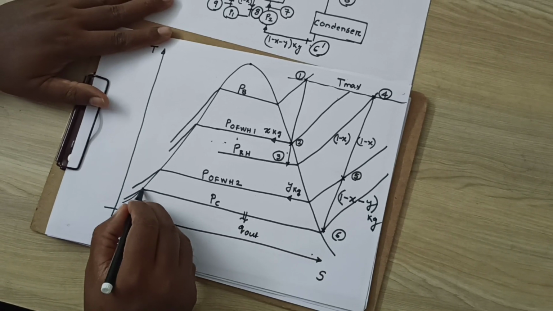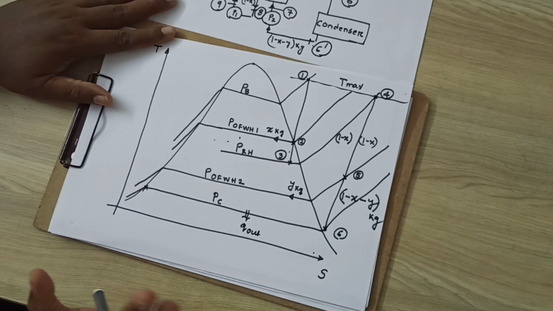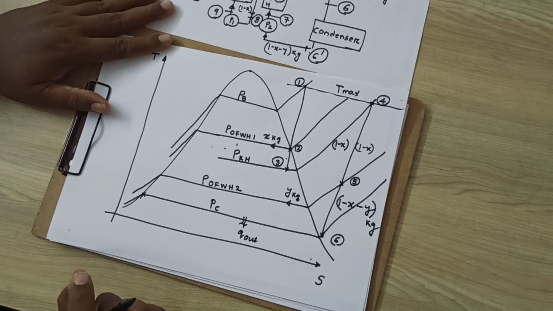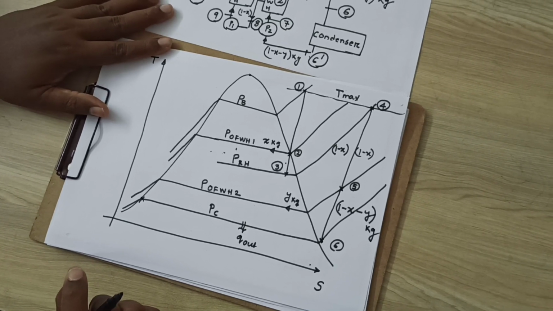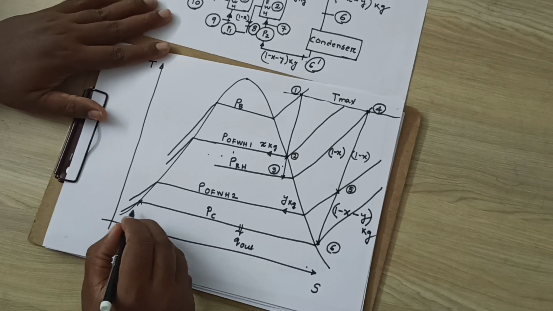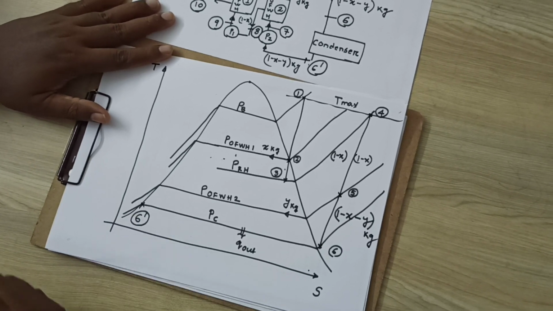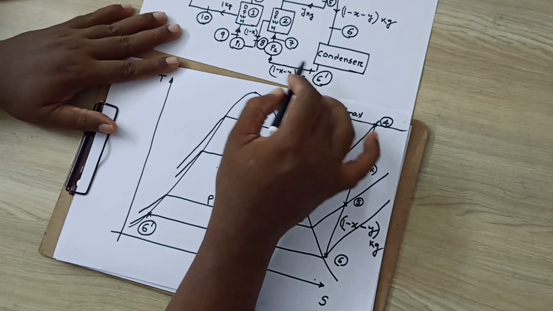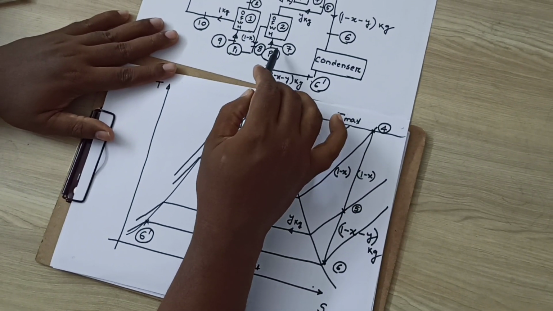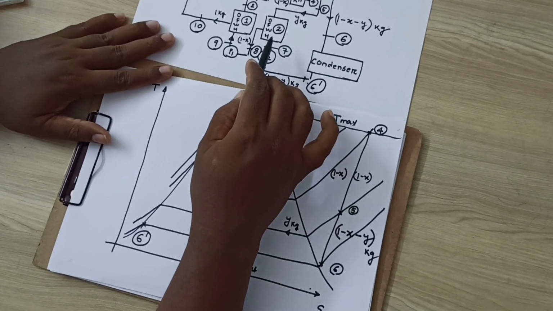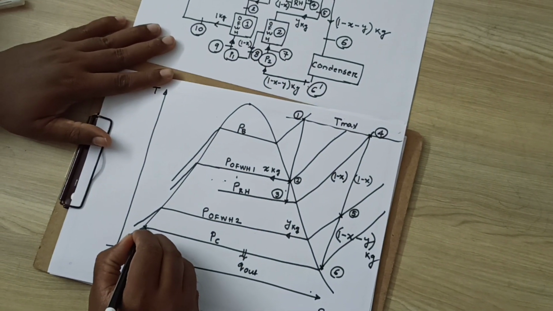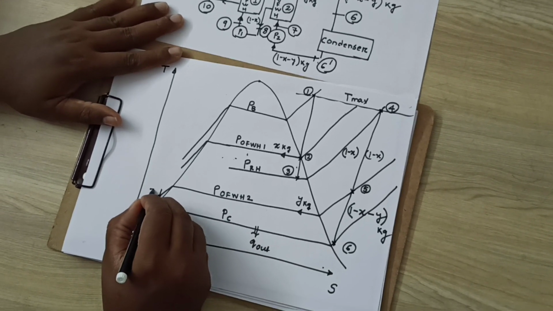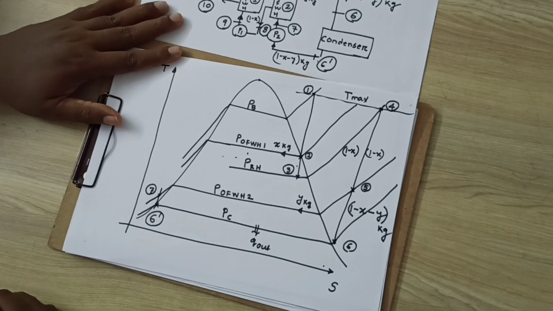And after this condenser, for engineering simplification, we have accepted that the extract from the condenser is by default always a saturated liquid. So 6 dash is saturated liquid. Then from 6 dash to 7, the pressure of the condensate is increased. And what is point 7? 7 is the pressure line of OFWH2. So here isentropic pumping, I am putting a vertical line. Wherever it intersects the OFWH2 pressure line, that will be state point 7.